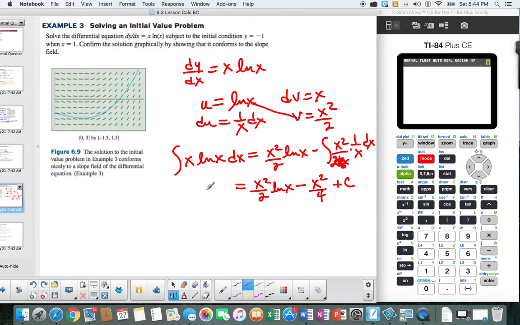So that'll be our y. We have solved for y, and now we want to use the initial condition: -1 equals, and our x is 1, so that's 1/2, and natural log of 1 is 0, minus, and then x is 1, so that's 1/4